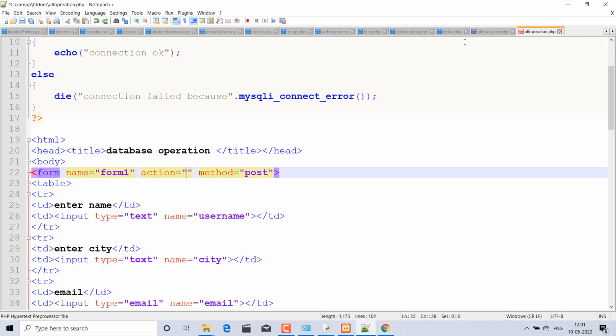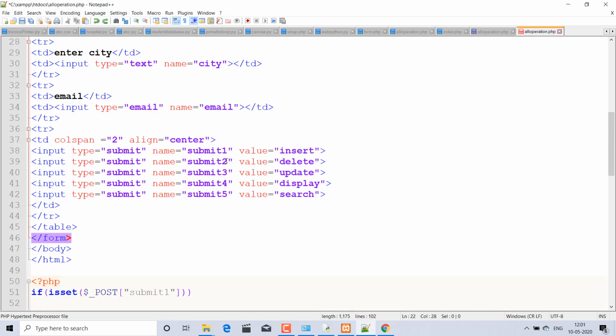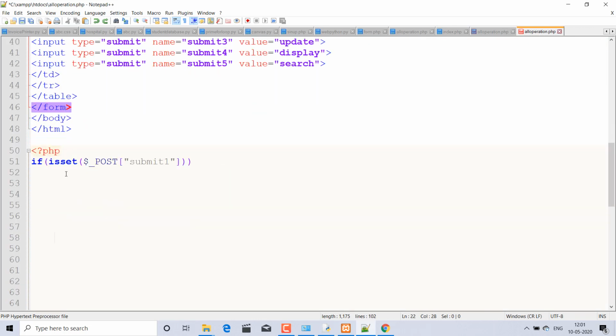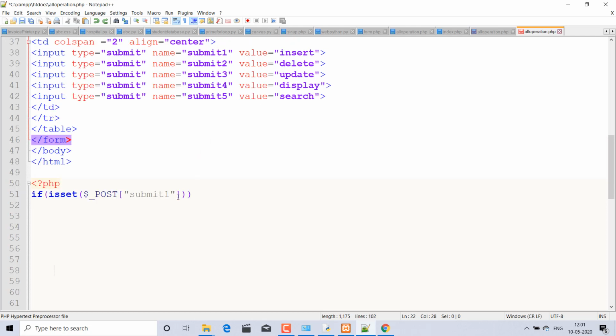That is blank, which means by default all operation.php, this action is thrown, and here it is accepted by this parameter, submit one. So the insert work is done.